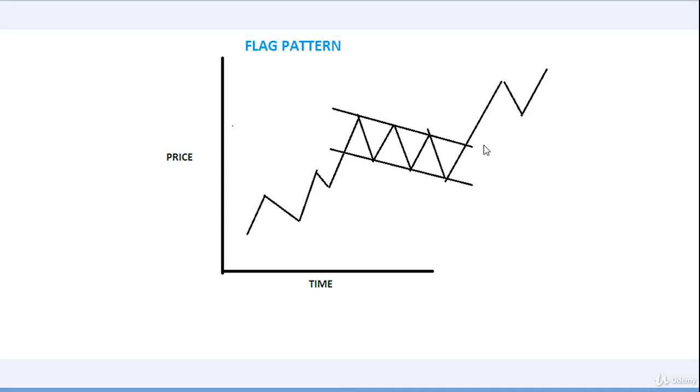If the established trend is up, then the flag would slope down, and if the established trend is down, then the flag should slope up. A breakout is achieved with great volumes in the opposite direction of the flag. This is the flag pattern in uptrend, so the flag pattern is sloping down. The flag pattern is in downward direction. We will get a breakout in upward direction. And we can make our buying position here when prices break this upper trend line.